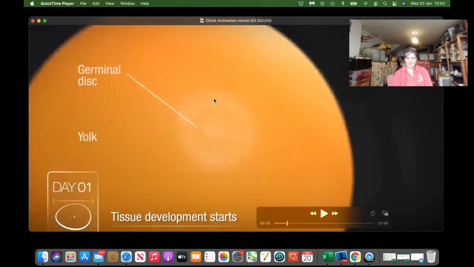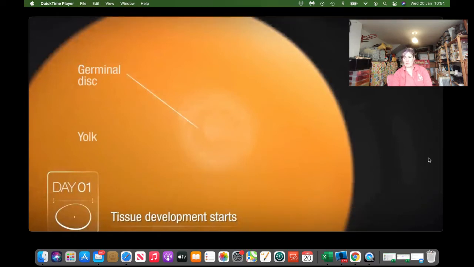what we call it. Now that would tell me, if I could see that on the surface of an egg, that that was a fertile egg, that if I put that egg in an incubator, it would probably have turned into a chick. Okay, so if we just come back to me a minute,